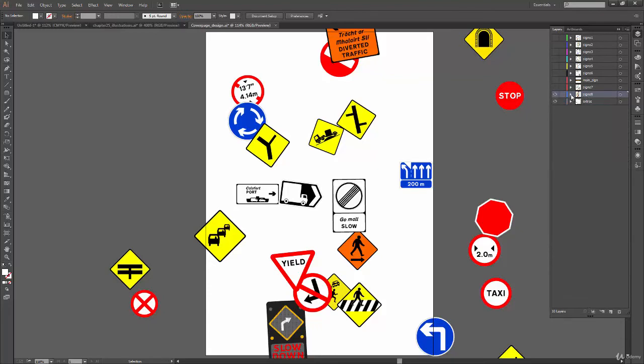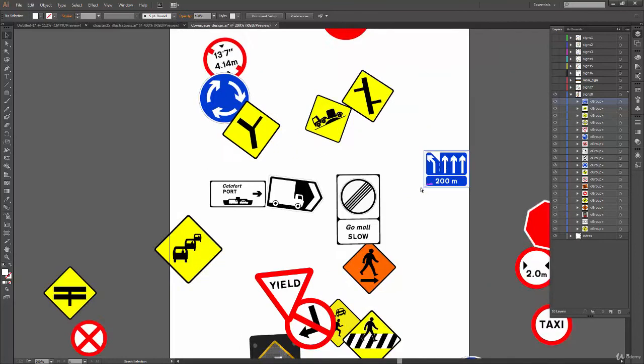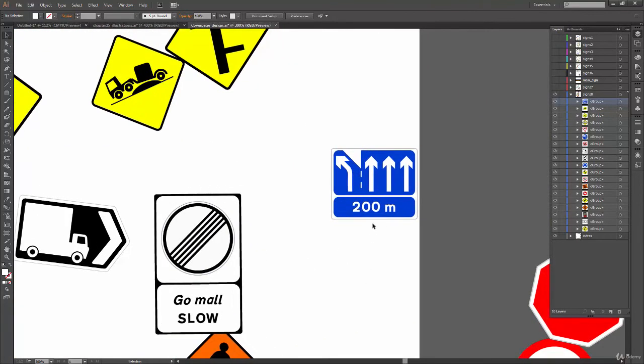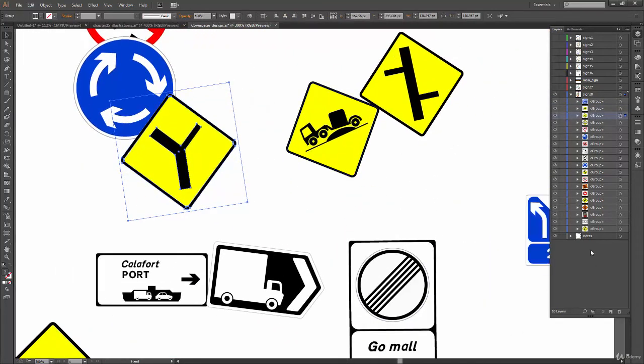As you can see, when I click on this arrow icon, I get all the shapes which I have drawn or put in this layer. So this is the shape which I have made, this blue sign, and then we have this yellow sign. So I got all my shapes which are present in the layer.